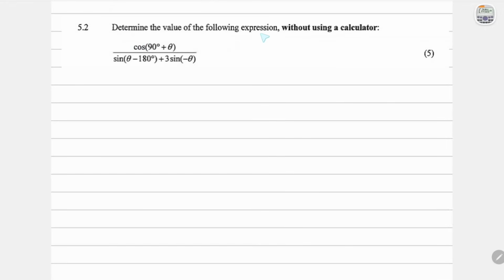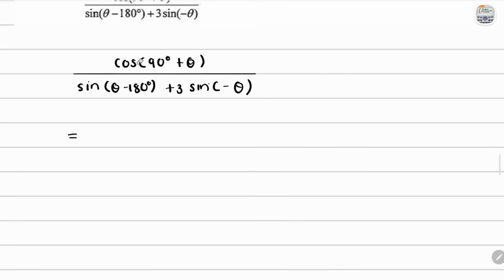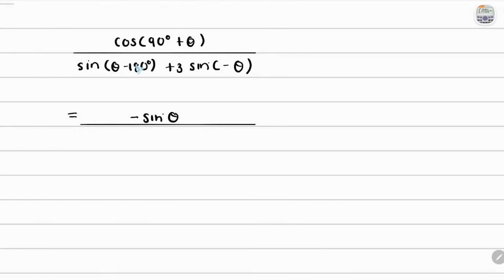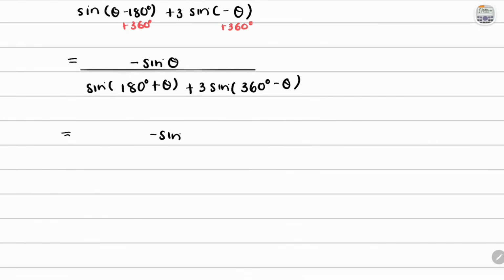Question 5.2 says, determine the value of the following expression without using a calculator. So above, we have cofunctions being used. The cofunction identity for cos 90 degrees plus theta is negative sine theta. And then over, here in the denominator, notice that the 180 degrees is negative. So we're going to add 360 degrees to this. And so that's going to give you sine, and 360 plus -180 is 180 degrees, and we have plus theta. Then we have plus 3 sine, and here theta is negative, so we can add 360 degrees to this since the angle is negative. So we have 360 degrees minus theta